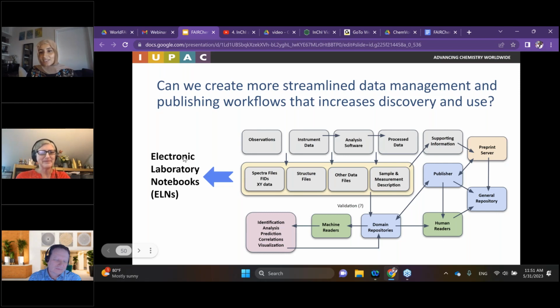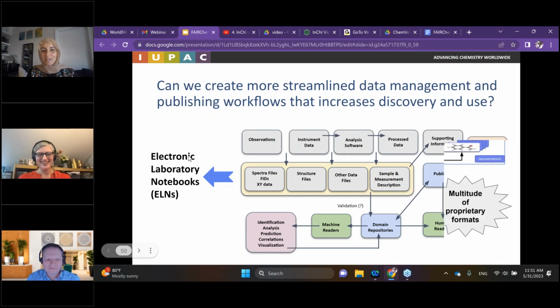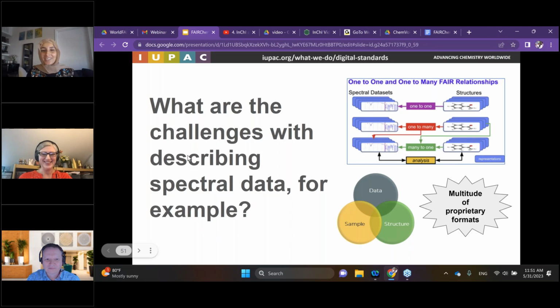That's very interesting, Leah. So we are moving towards having ELNs instead of regular lab notebooks. So it's inevitable. Thank you, Leah. All right, so that moves us to our next topic, which is about a case of specific data, mainly the spectral data in general. Ian, would you like to talk about